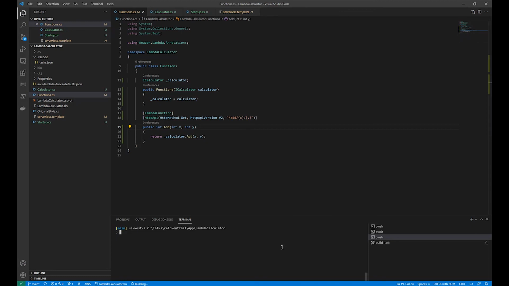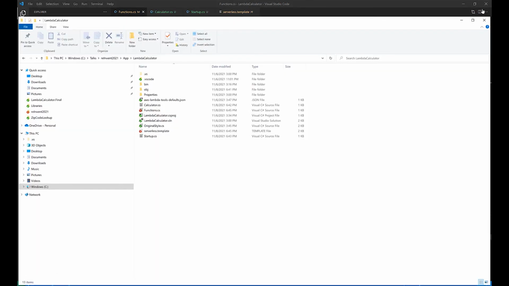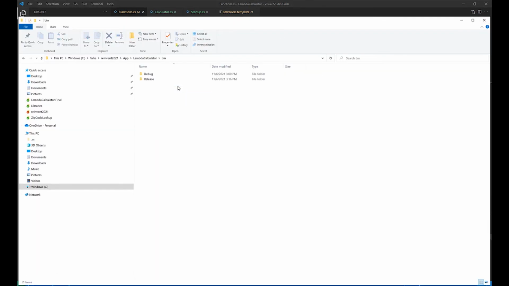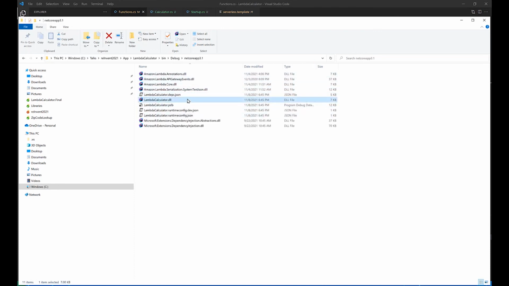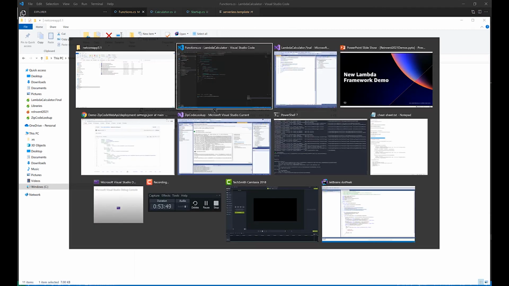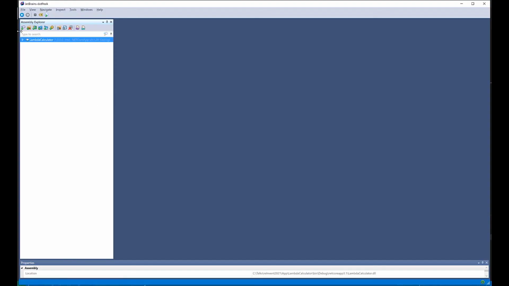We don't have time to actually deploy and see it, but let's take a look at the magic a bit under the covers of what just happened here. So if we go look at our actual DLL, this is the DLL that we just compiled here. And if we open that up into our favorite tool, there we go.